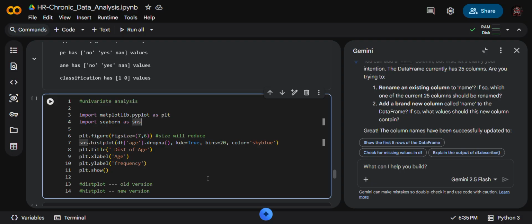PLT is the plot, the plot of a figure, with a figure size. What figure size you will use depends on you. Maybe the size will reduce, or maybe the size will increase. It's up to you. You can play with it.